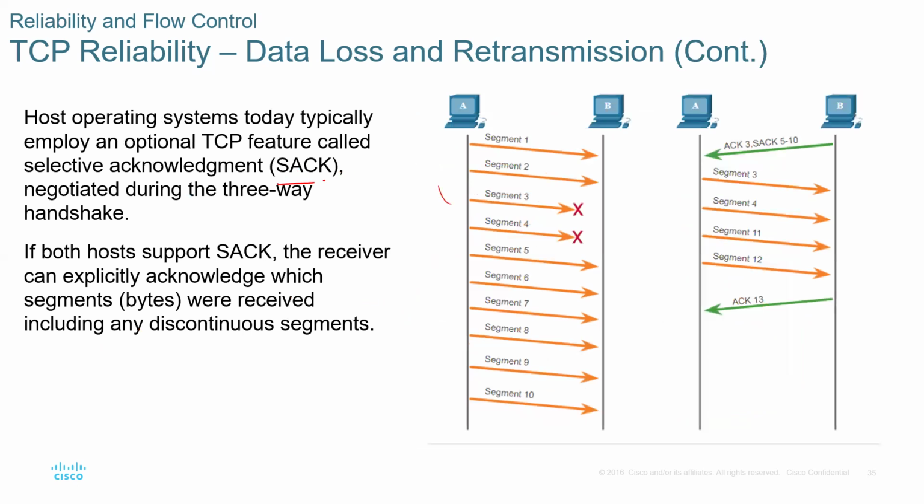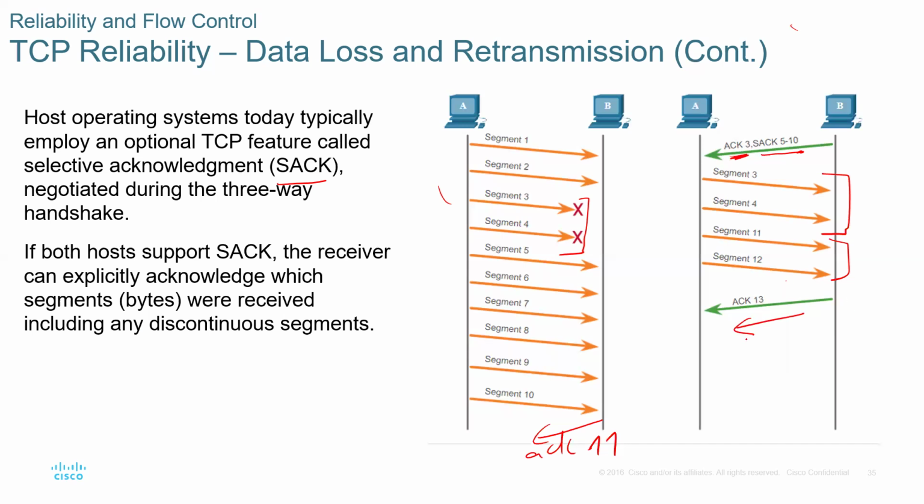So we have this one, which uses selective acknowledgements. Same situation, 3 and 4 are not there. Acknowledgement 3 is sent. Also selective acknowledgement 5 and 10 is sent, meaning that 5 and 10 were also received. What gets resent is only 3 and 4. 11 and 12 are sent because after 10, up to there an acknowledgement was sent. That's why 11 and 12 are being sent.